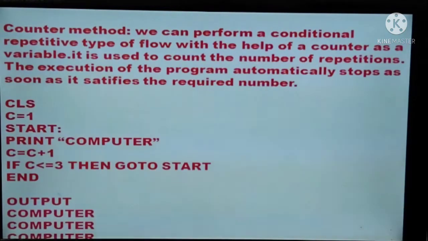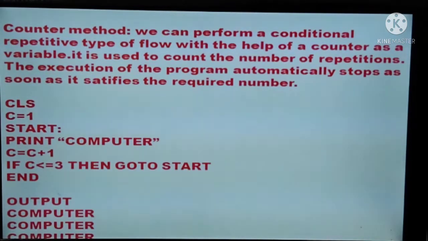So we will first study the counter method. Now what is a counter method? We can perform a conditional repetitive type of flow with the help of a counter as a variable. It is used to count the number of repetitions. The execution of the program automatically stops as soon as it satisfies the required number.